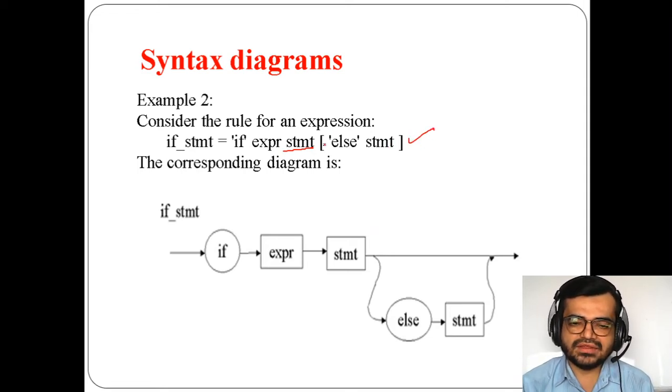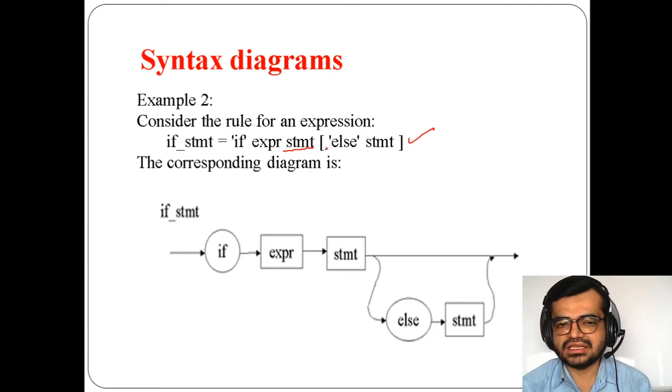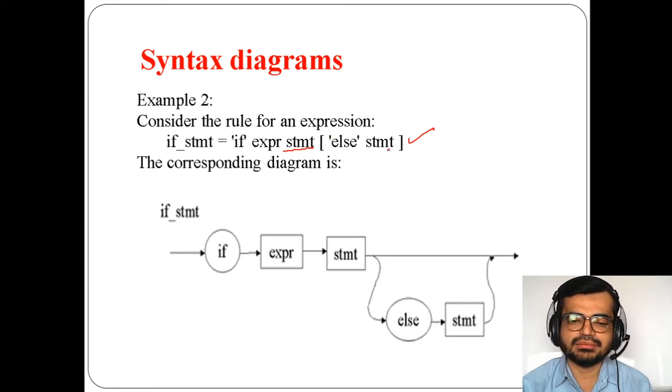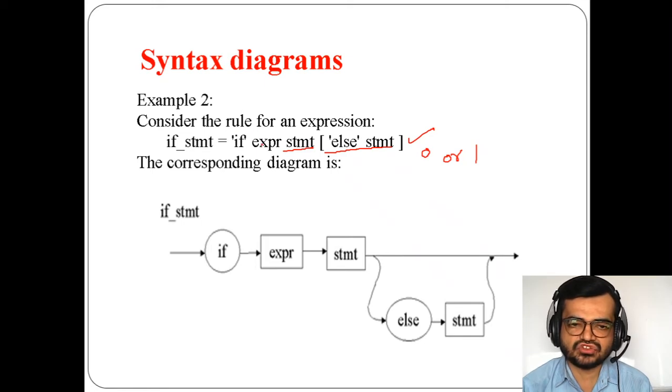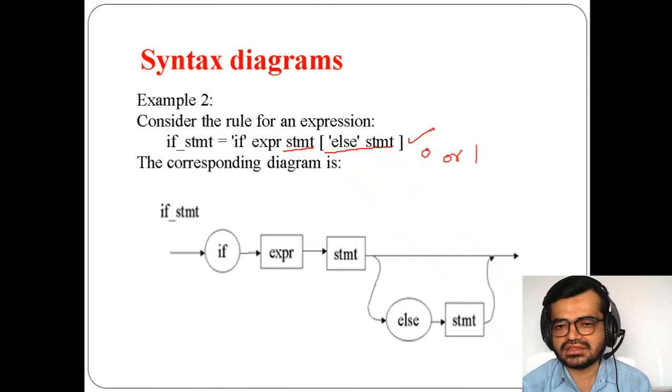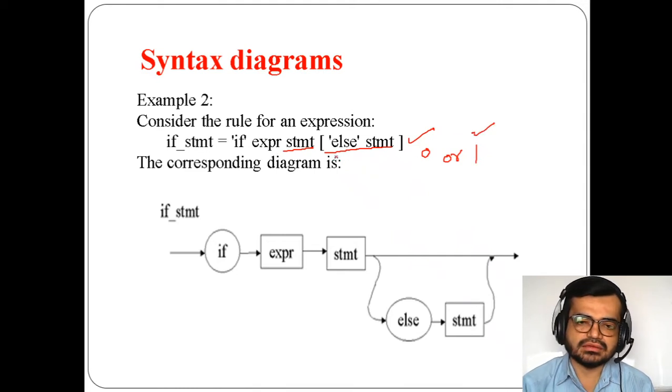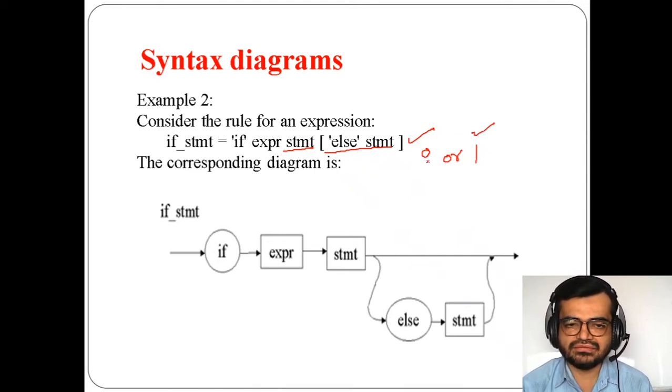So here we have not taken curly braces. Here we have just taken square brackets. Square brackets indicate that it executes either 0 times or just 1 time. That means this part will execute either 0 times or 1 time. 0 times means if this expression is true, it terminates right here. But if this expression is false, then it executes 1 time. So the else part will execute only when the expression doesn't satisfy, so that the else part will execute.